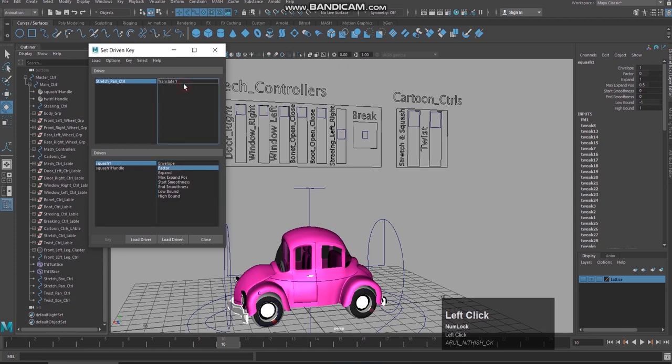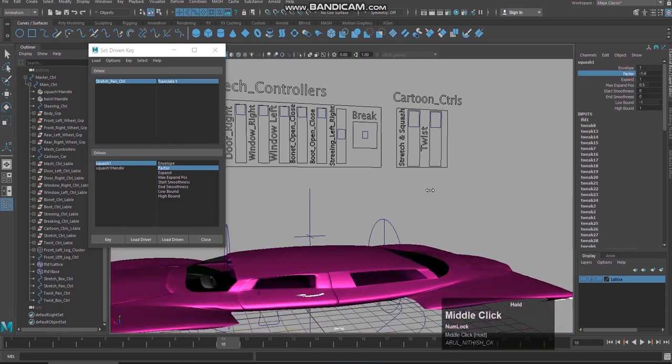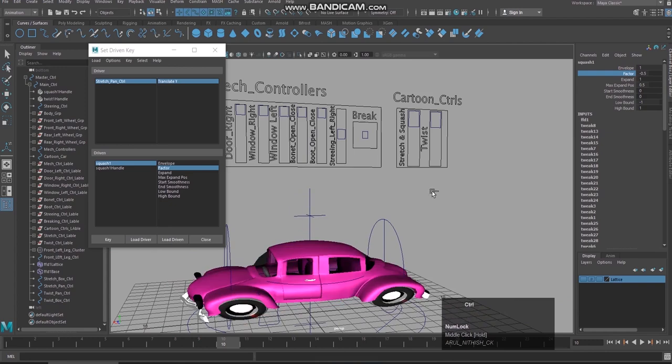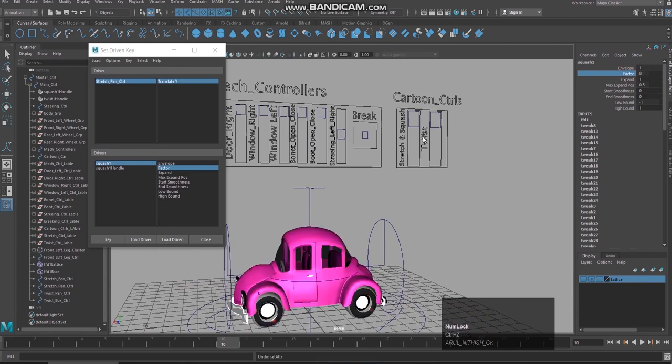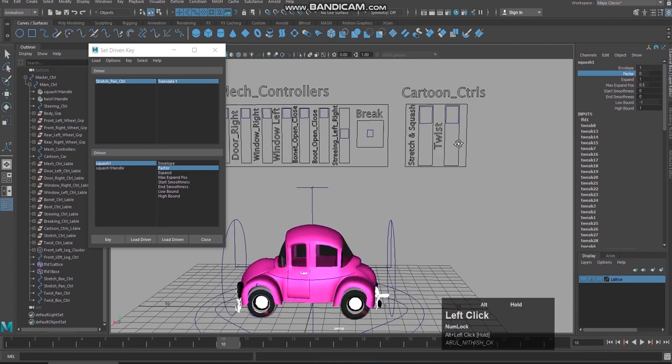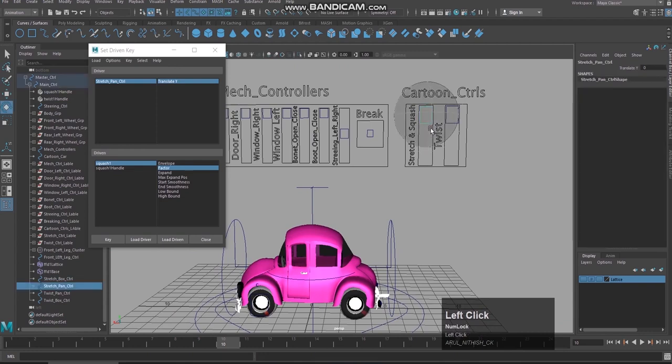Select this, translate. Select the squash handle factor, right? Factor is the thing it is affecting, right? So we should limit it. Oh, I'm sorry, actually this should be in the middle. So this is stretch, this is squash, stretch and squash.